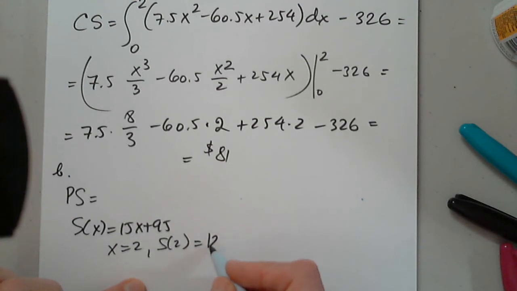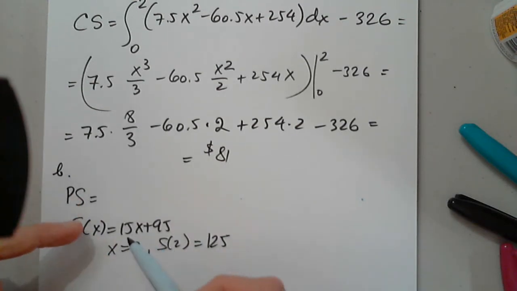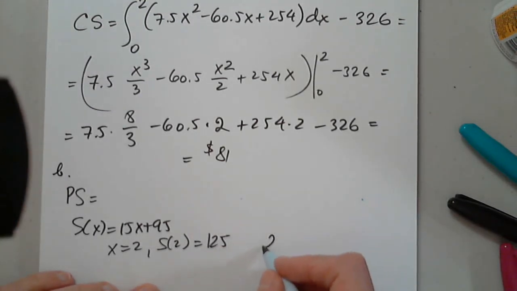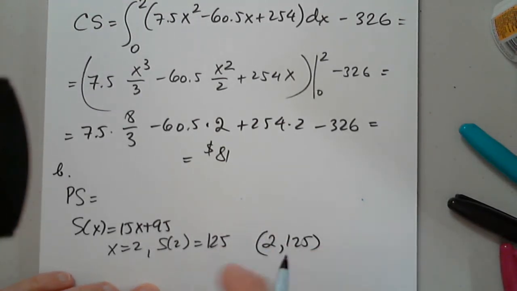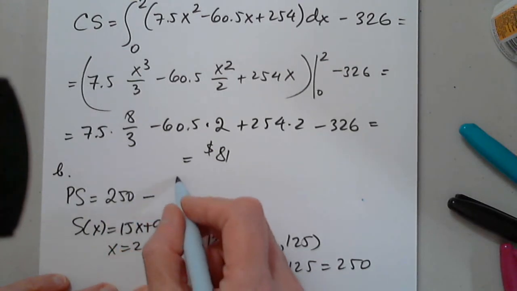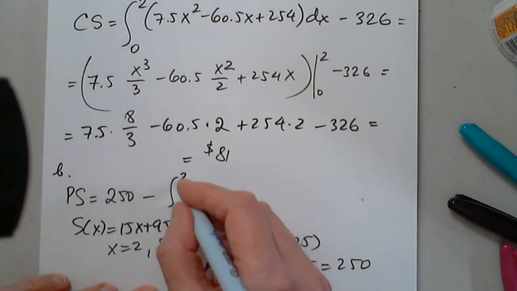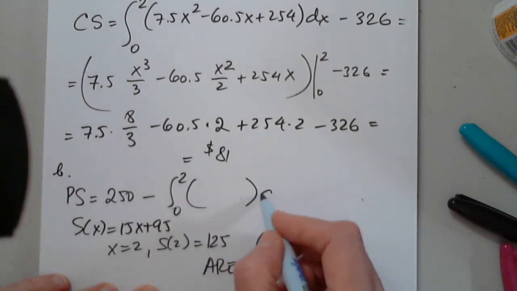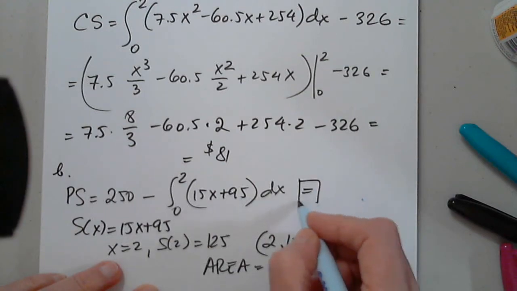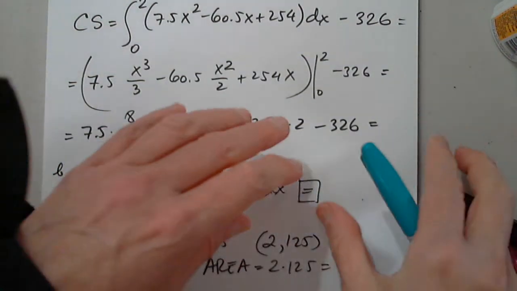I think it's 125, right? 2, 30, 125. So the new point is 2, comma 125 for this function. And the product, or the area if you want, will be 2 times 125, which is 250. So now this is 250 minus the integral from 0 to 2 of this function dx, so 15x plus 95. And from here, I'll move on to the next page